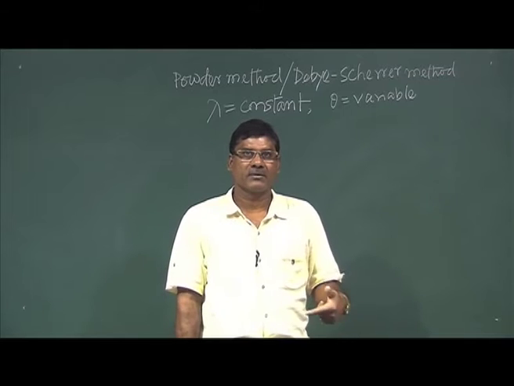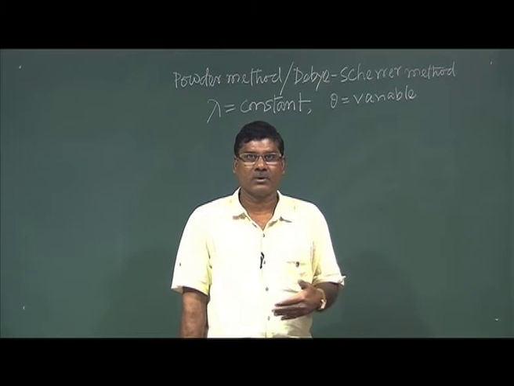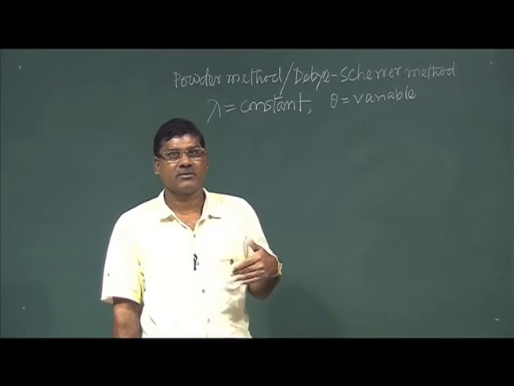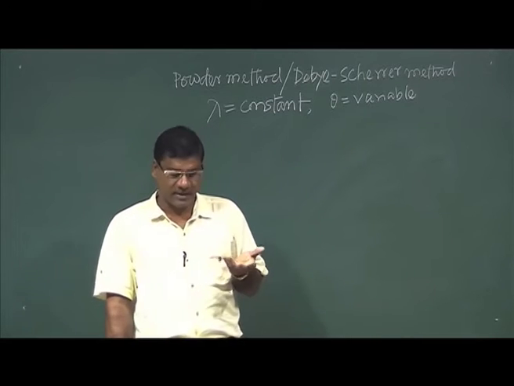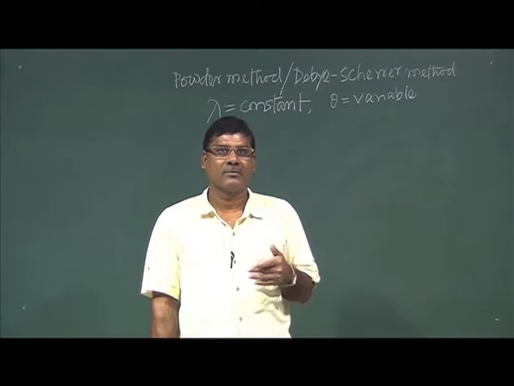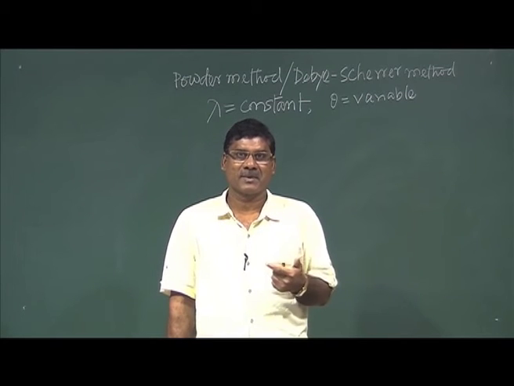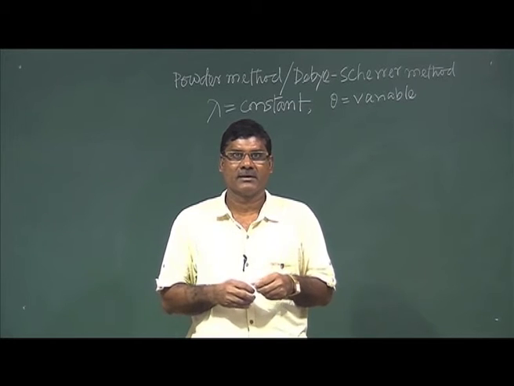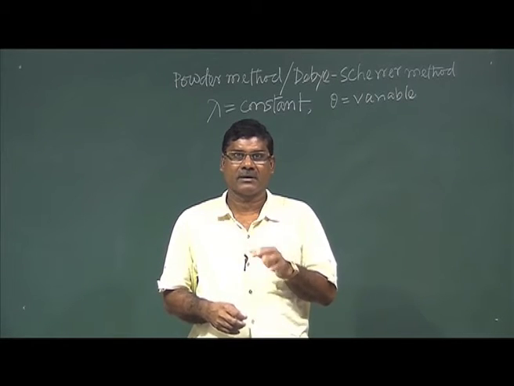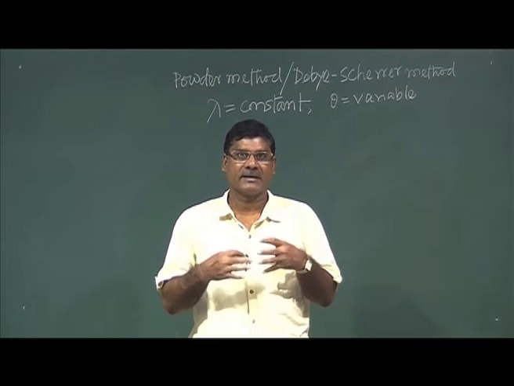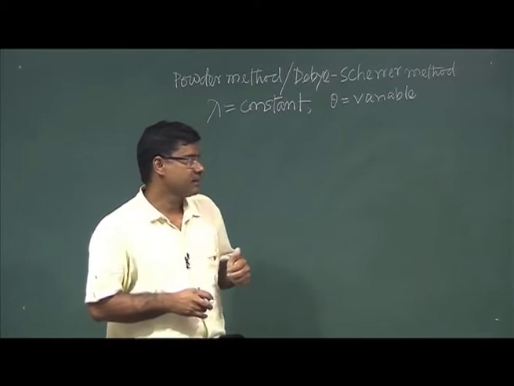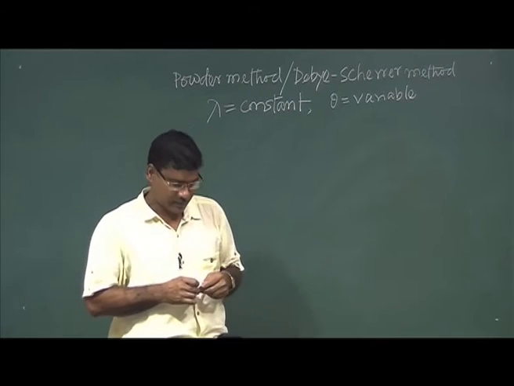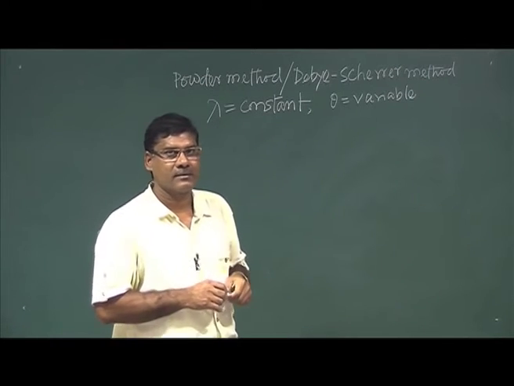Okay. So, the Laue method is basically used to know the symmetry of the crystal. It is an easy way to know that, and the rotating crystal method is very helpful to know an unknown crystal. So, which type of crystal it is, without knowing the details of the lattice constant, etc. So, we can tell about the Bravais lattice of this crystal. But here, let us see what we can know from this method.